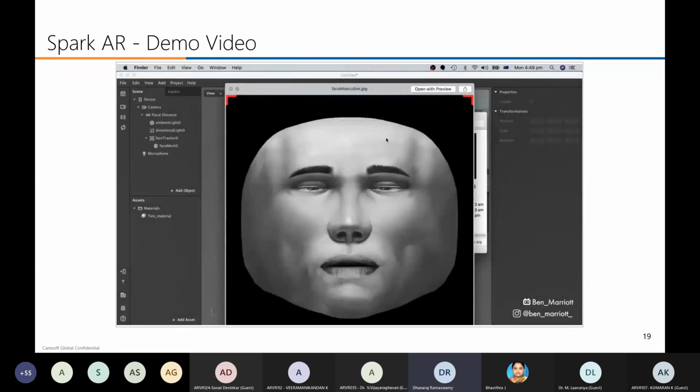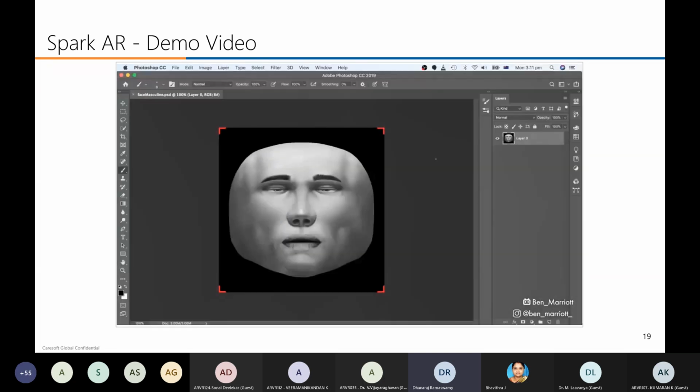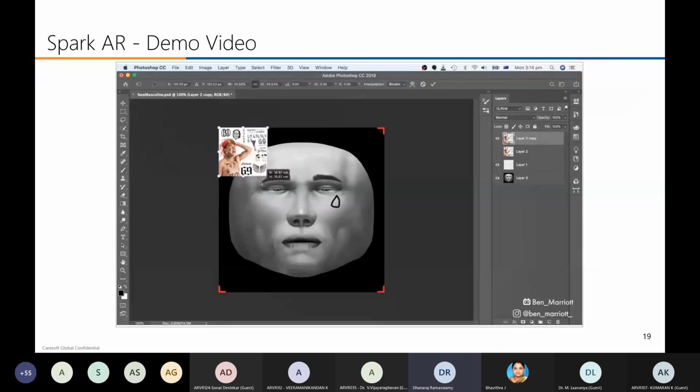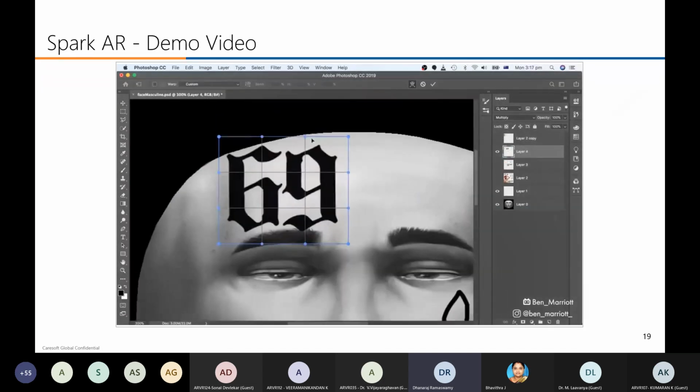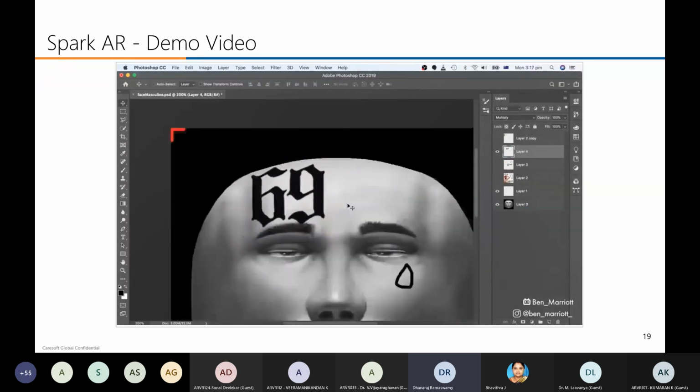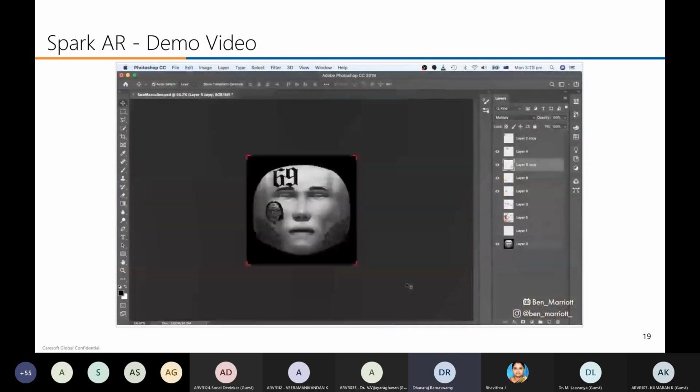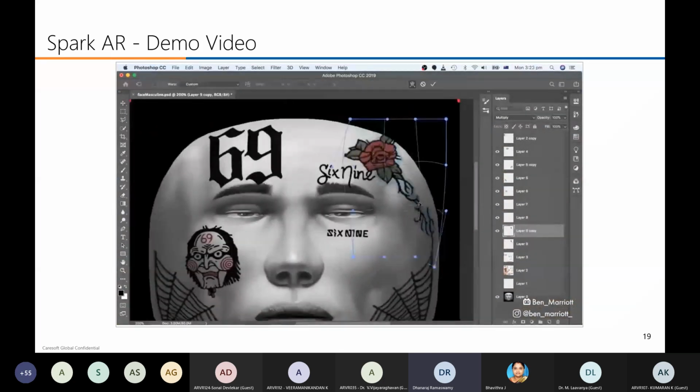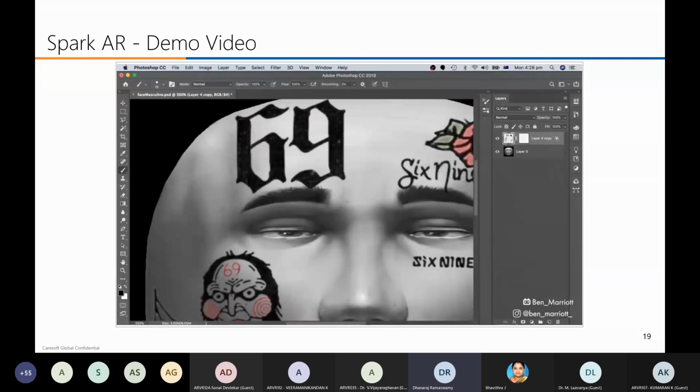Let's open the masculine face in Photoshop. This is the shape that our texture needs for it to map nicely to our face mesh. So from here, we just need to create a new layer and start drawing our tattoos over the top. We can place images in and then adjust them. The young man whose tattoos I'm referencing is in a spot of legal bother at the moment, so I'm not too worried about being sued for taking his likeness. But just to be on the safe side, let's add a decimal place, so it becomes 6.9.